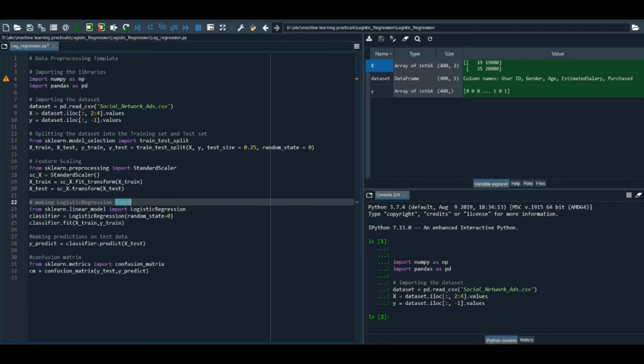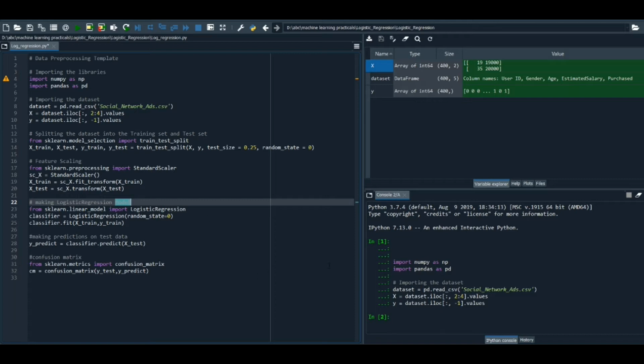Now you may think, it is classification, so why is the name logistic regression? The concept of logistic regression is similar to regression, like multiple linear regression, but the only change is that the dependent variable y, or the outcome, is going to be a categorical value instead of a numerical value. For example, on the basis of input features of a tumor, like the size of the tumor, shape of the tumor and its position and things like that, we are going to predict whether the tumor is malignant or not.